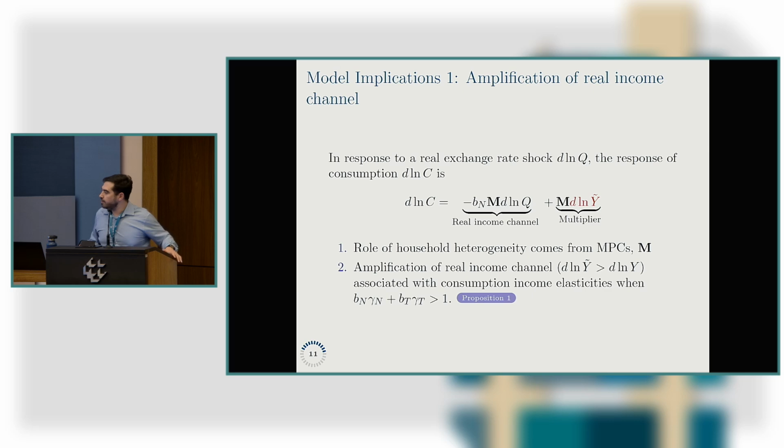And so if we return to the standard case with homothetic CES preference, so basically parameters gamma A, gamma N and gamma T are equal to 1, we have a lower level of amplification in consumption decline after a large exchange rate devaluation. Sorry, this is the entire path of consumption, right? Entire path of consumption. Exactly. It's the intertemporal aggregation of that. Yeah, I am skipping all the math details here to simplify.